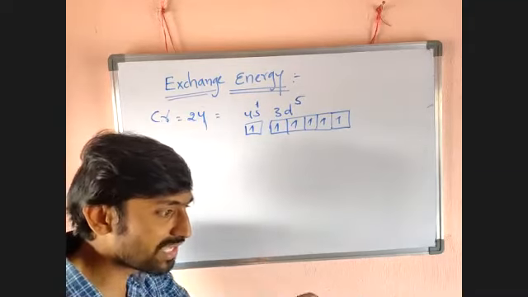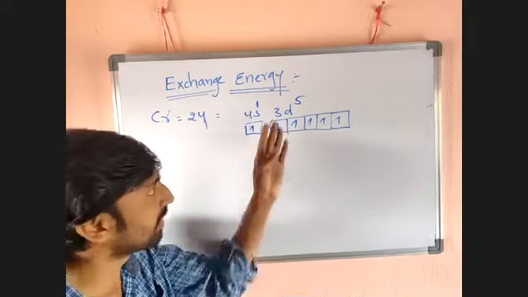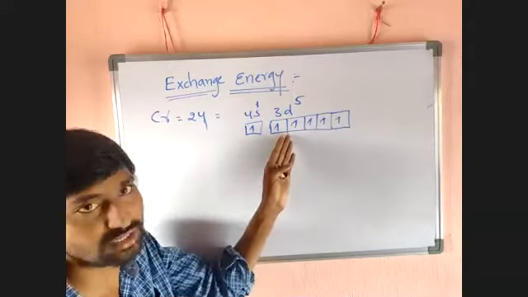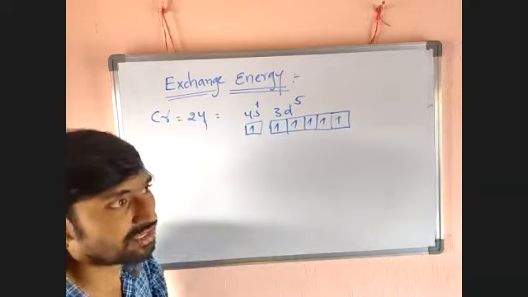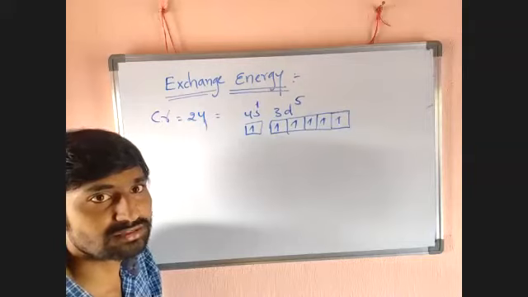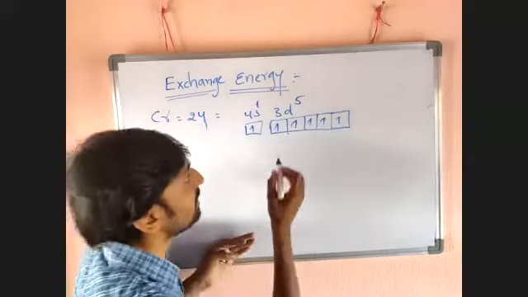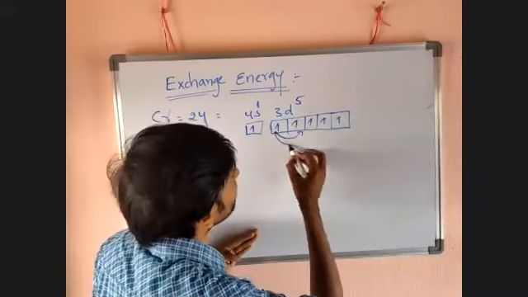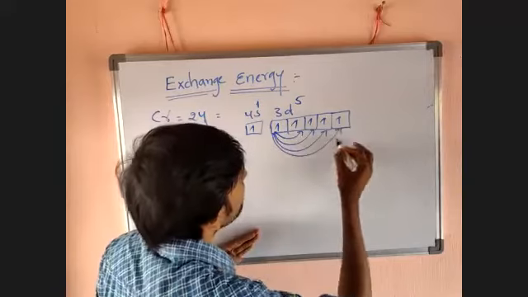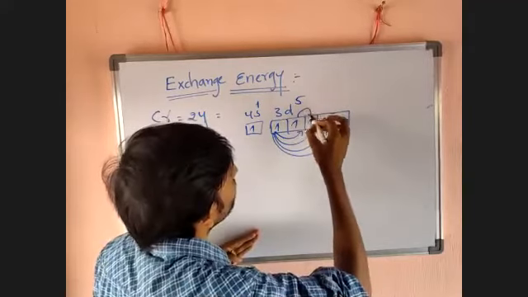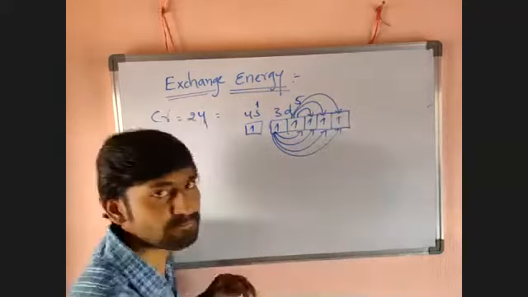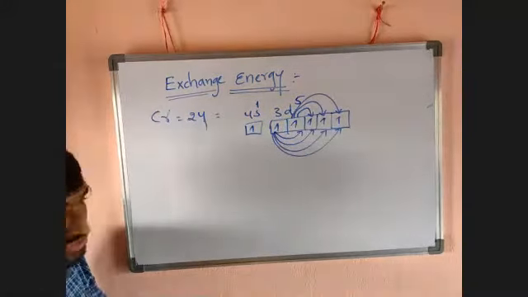they can exchange their energy. All orbitals are present at the same position, so they can exchange their unpaired electrons. They can exchange because they have the same spin. This electron can jump to here, this one can jump to here also. The second electron jumps to here, the third electron here. A lot of exchanges take place.